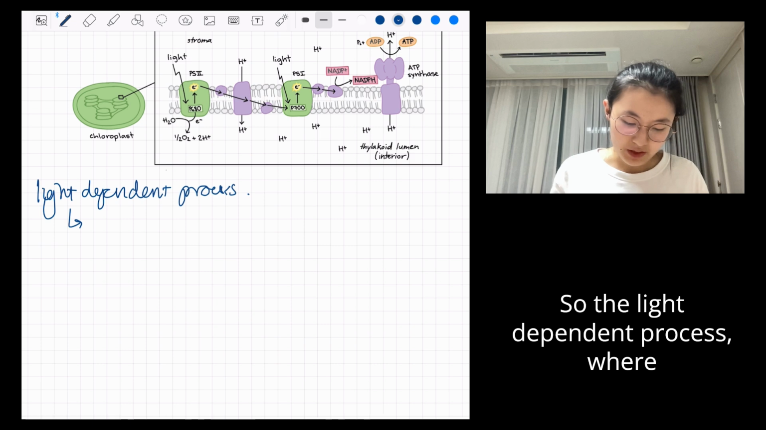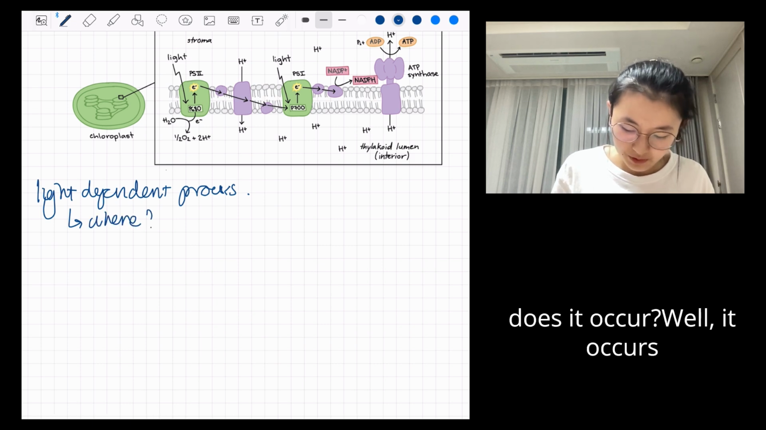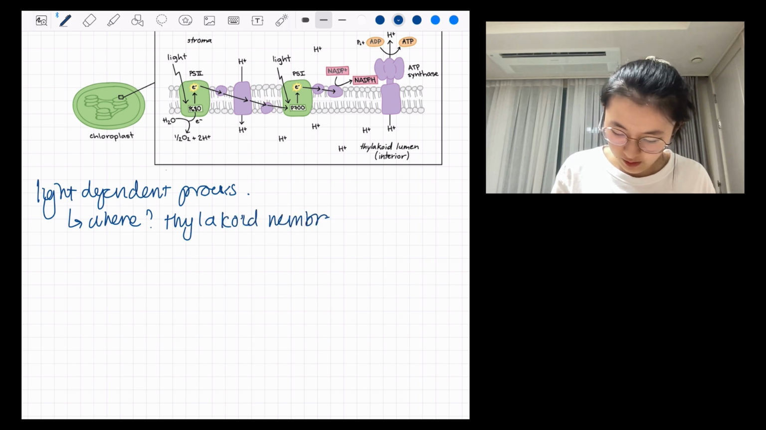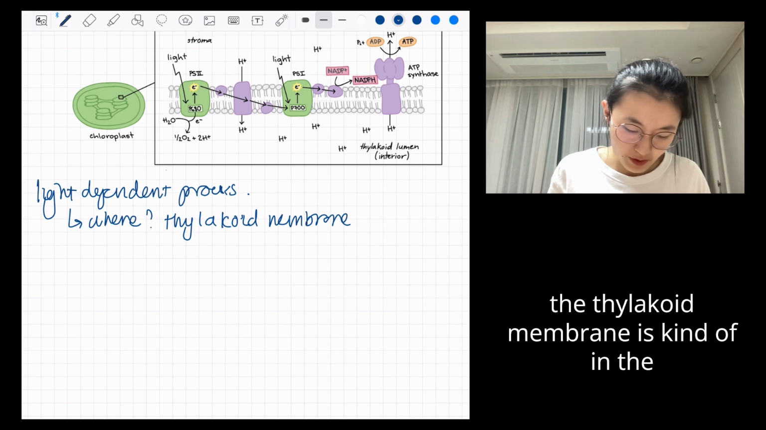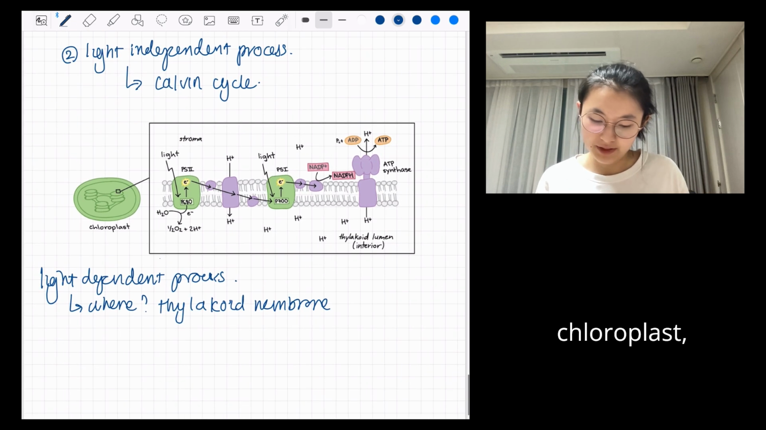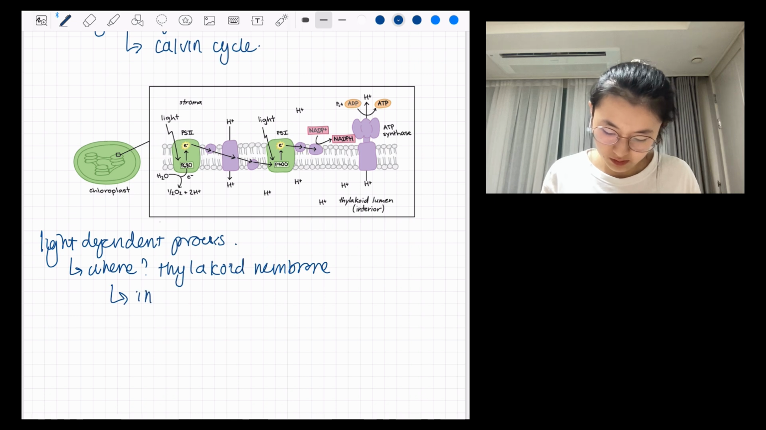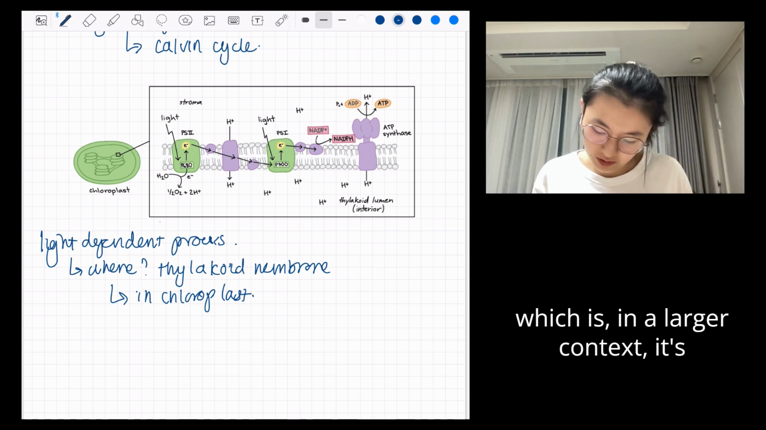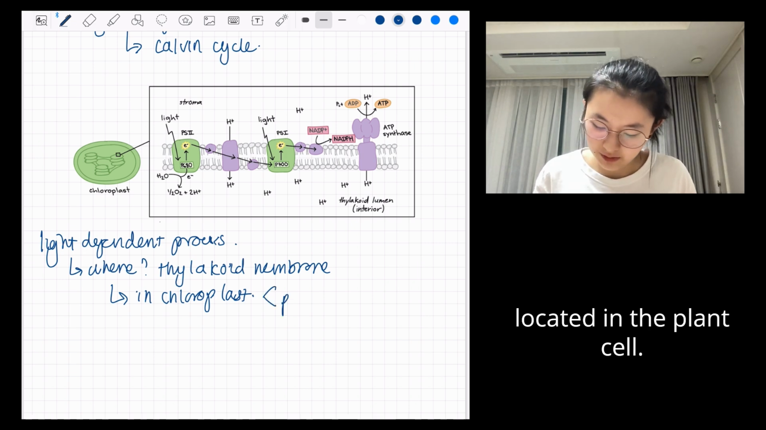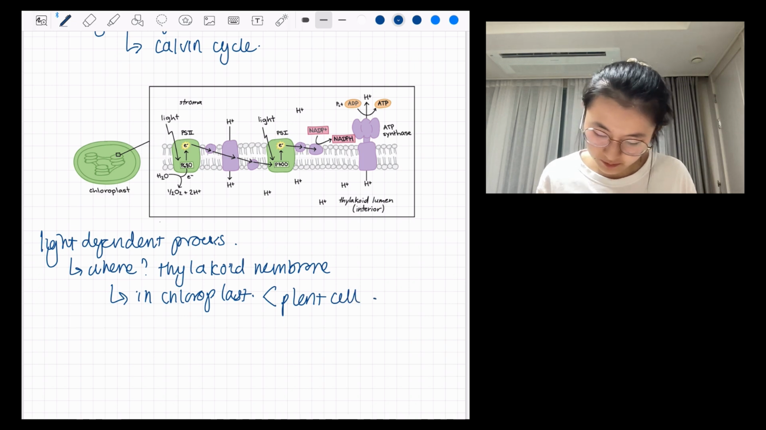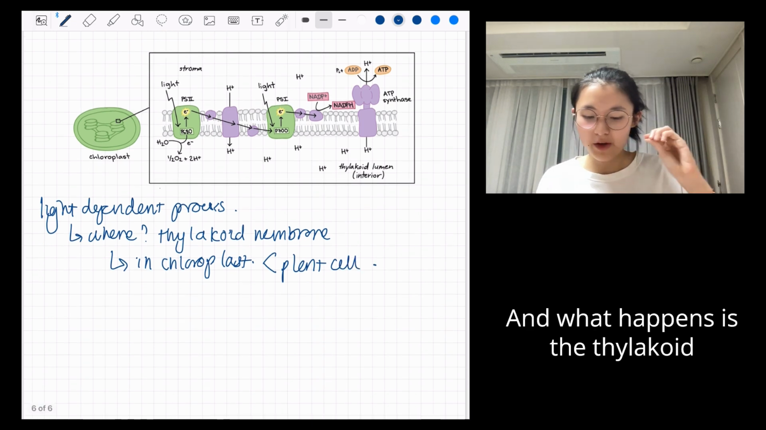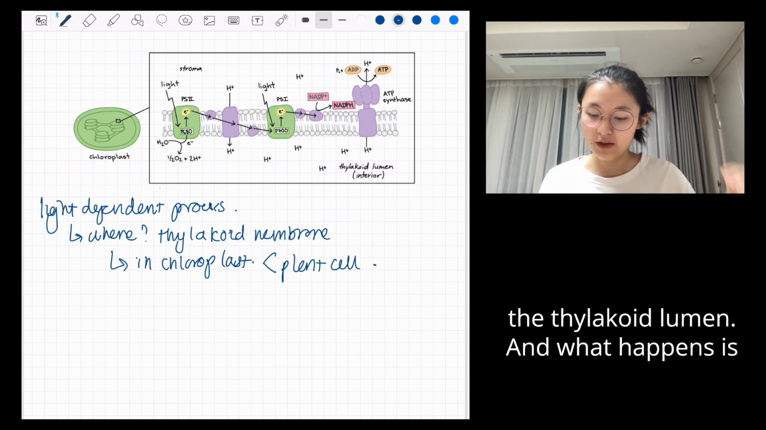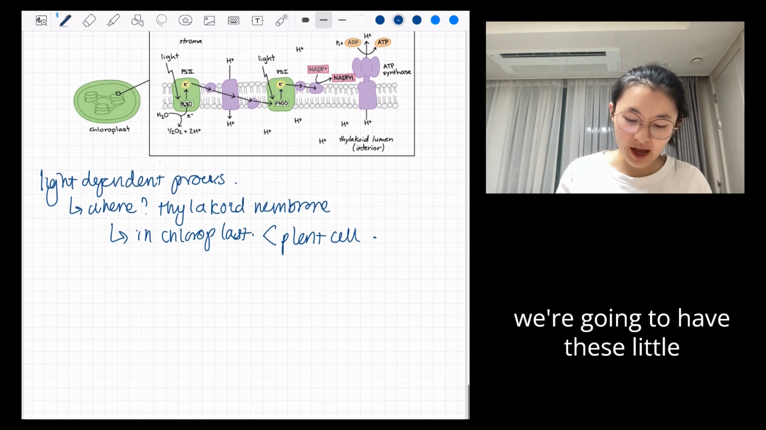So the light-dependent process, where does it occur? Well, it occurs in the thylakoid membrane. And the thylakoid membrane is in the chloroplast, which, in a larger context, is located in the plant cell. And what happens is the thylakoid membrane provides a division barrier between the stroma and the thylakoid lumen. And we're going to have these little